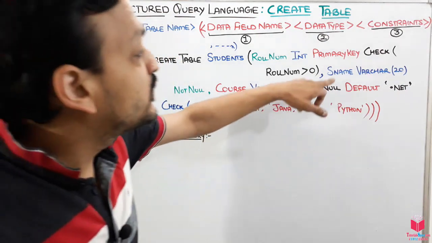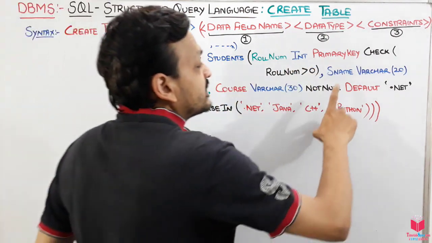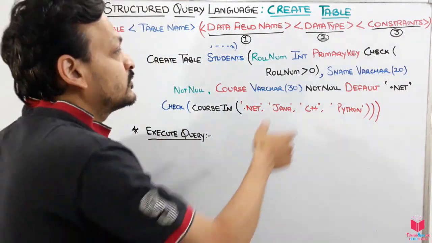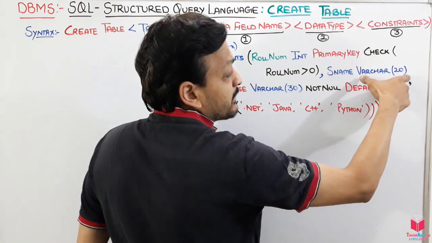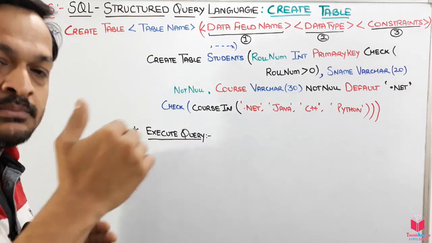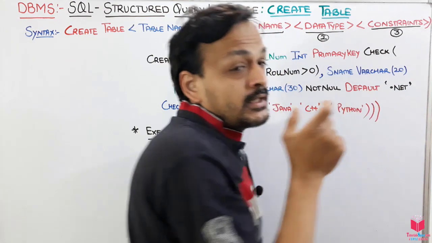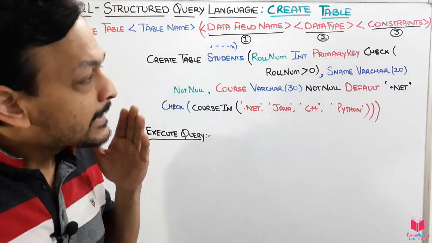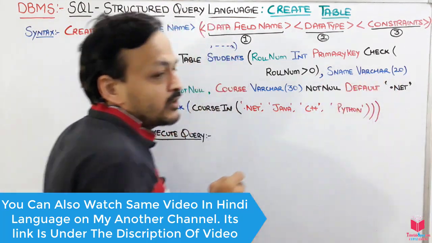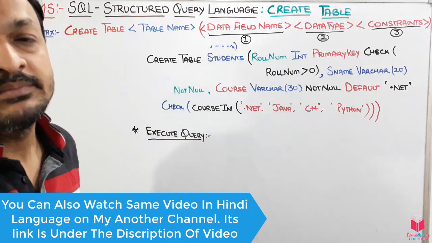After the comma we will use another attribute of that table. I have written that as name, that is student name, another attribute. After that we use the data type, which is varchar. What is varchar? Varchar can use a maximum length. I have given the length, that is 20. What does that mean? It means that if you use name as a varchar, then a maximum of only 20 characters can come under that name, that is student name.